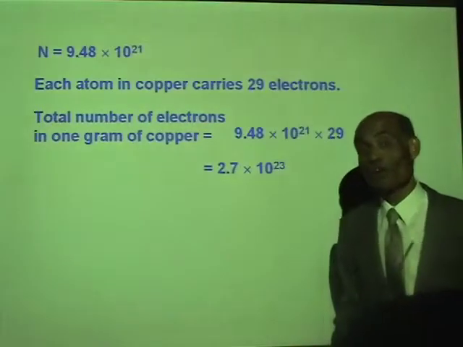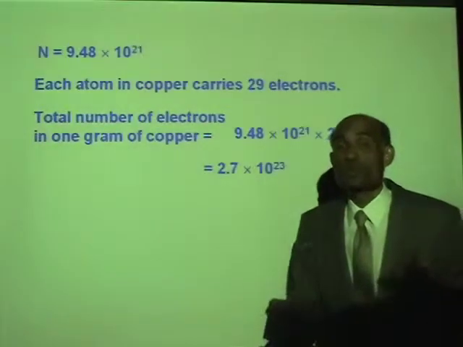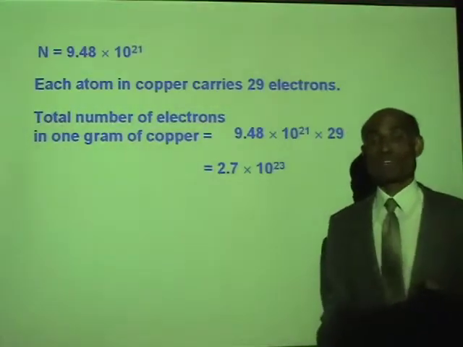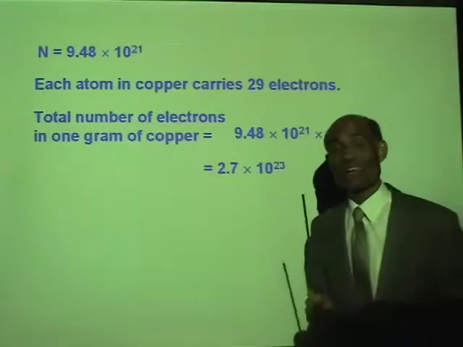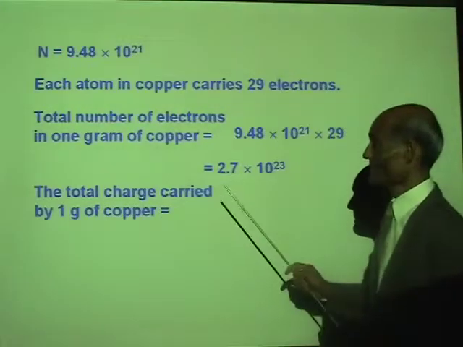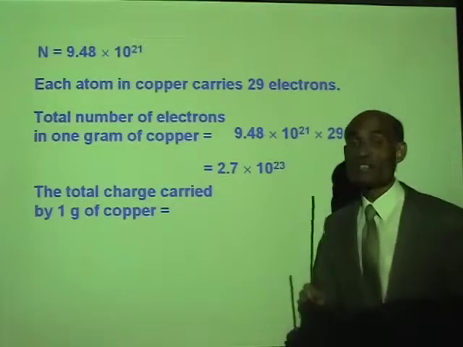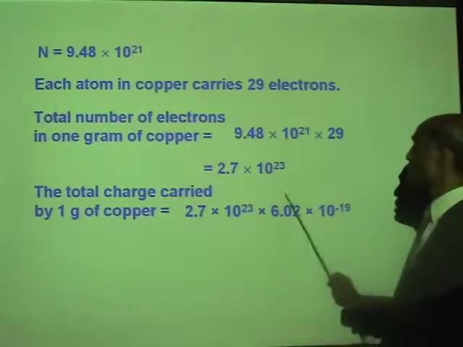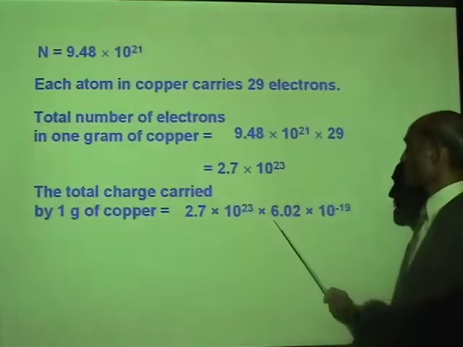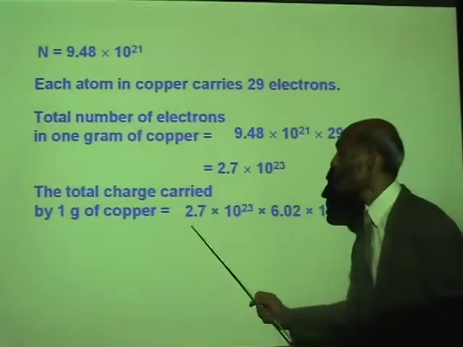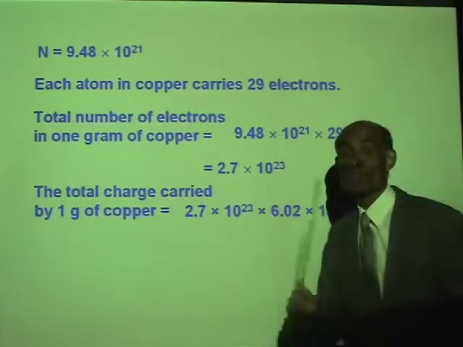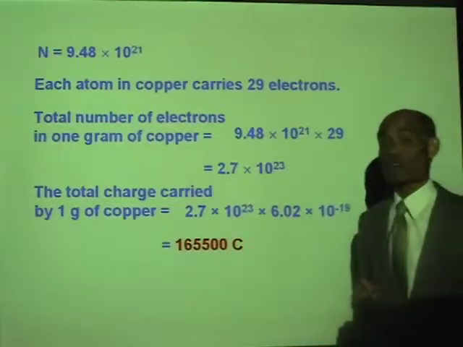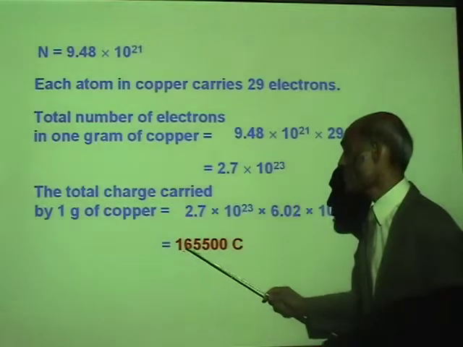Well, what are we looking for? We are looking for the total amount of charge in 1 gram of copper. Now, what is the charge carried by an electron? Well, the charge carried by an electron is 6.02 times 10 to the negative 19 coulomb. This is the charge carried by an electron. This is the total number of electrons in 1 gram of copper. So, the total negative charge will be